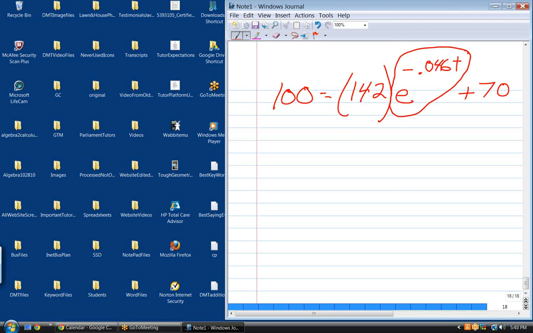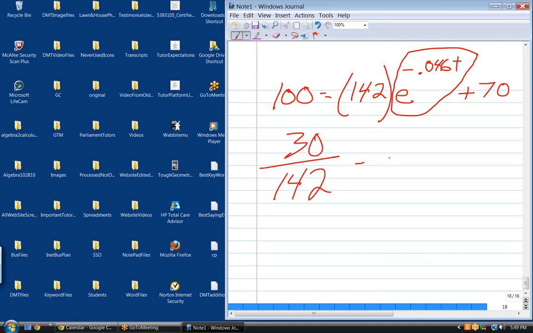By taking some log of both sides. But first of all, we have to isolate that. What can we do to isolate that? To isolate the exponent? No, to isolate this. Once we can isolate that, and then I'll show you how we're going to solve it. But first of all, let's isolate it. Subtract 70 from both sides. Okay, and then what? Divide both sides by 142. So we got 30 divided by 142 equals e to the minus